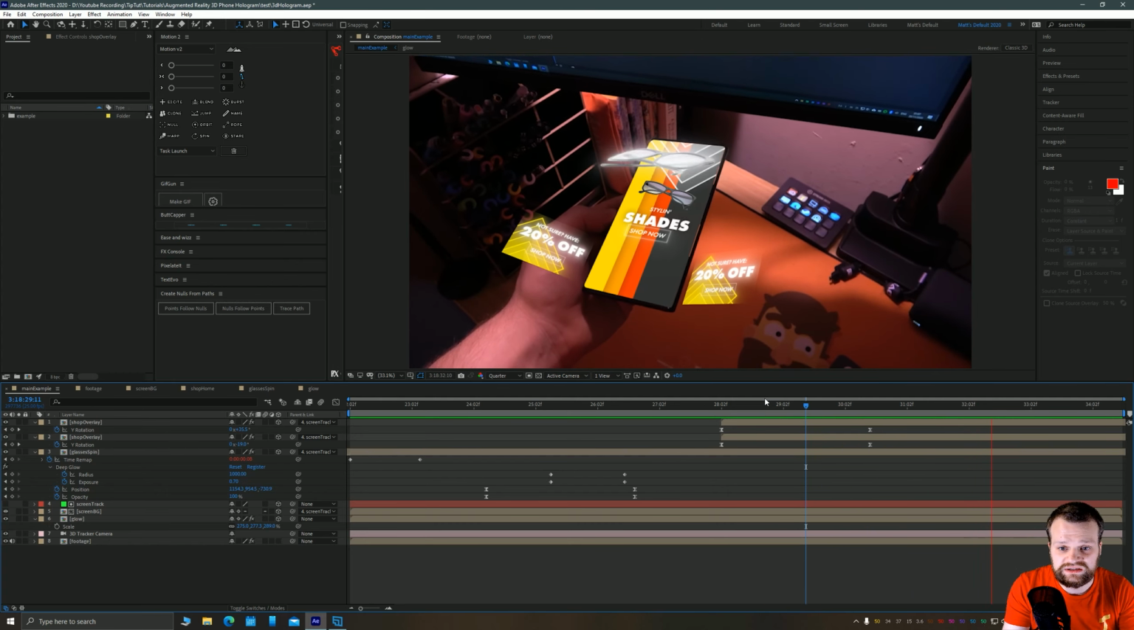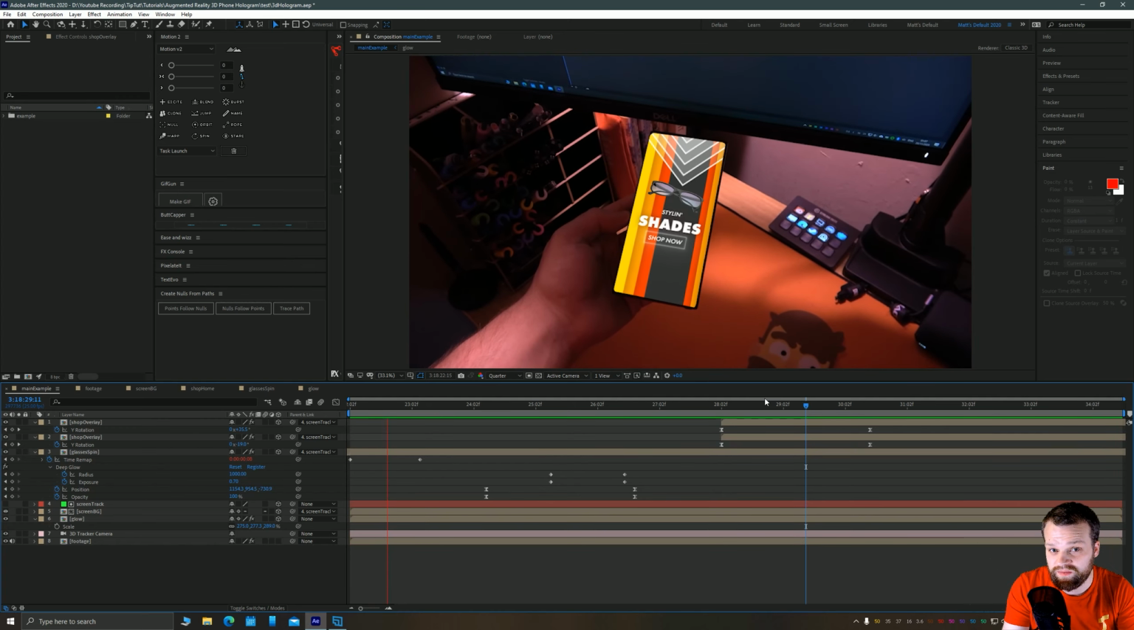is the spinning sunglasses, which is actually an asset that I got from Yellow Images, which is a perfect time